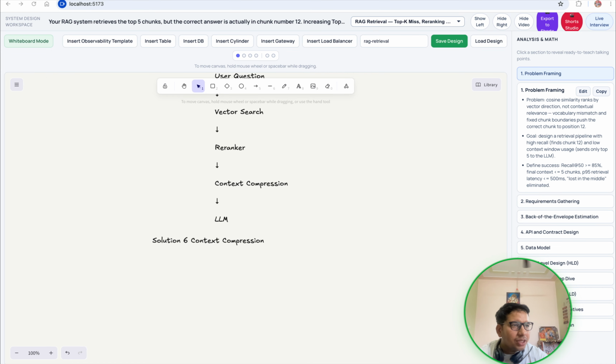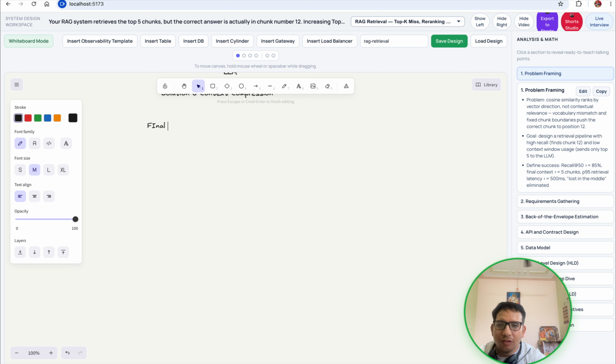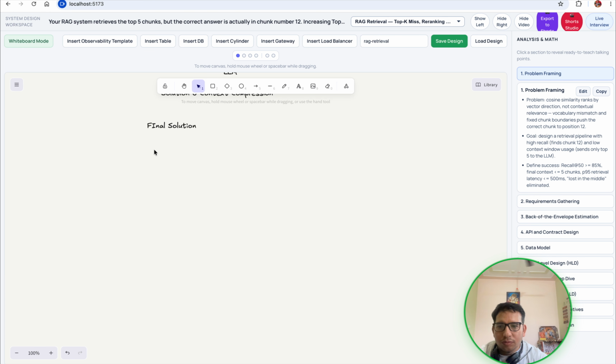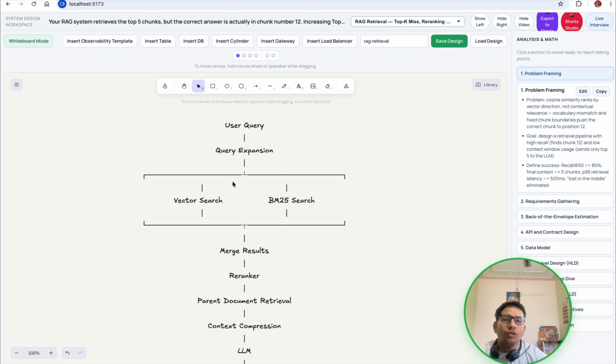So the production grade pipeline, the final solution, is this one. The user query comes in, then the query is expanded, which means it will do a vector search and also a BM25 search.